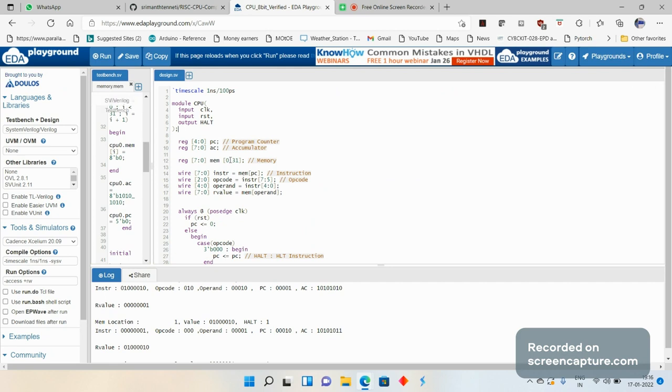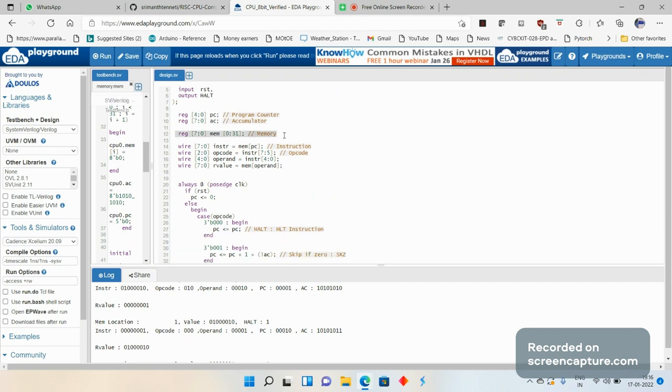Going through the variables, we have two registers, one being a 5-bit program counter and another being an 8-bit accumulator. Next, we have a memory that is internal to the CPU. This would be storing all the instructions that we are going to send, and we have split the data from the memory into opcode and operand. As we are not supporting the immediate addressing mode right now, we would again be going to one particular memory location to get the value.